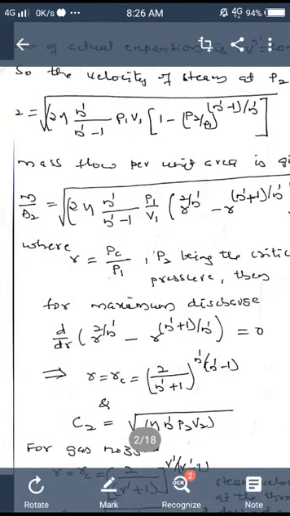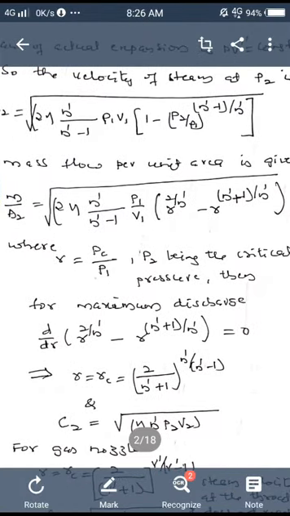m/A2 = √[2η n'/(n' − 1) P1/V1 (r^(2/n') − r^((n' + 1)/n'))], where r = PC/P1. r is the critical pressure ratio, the pressure ratio PC/P1. For maximum discharge,